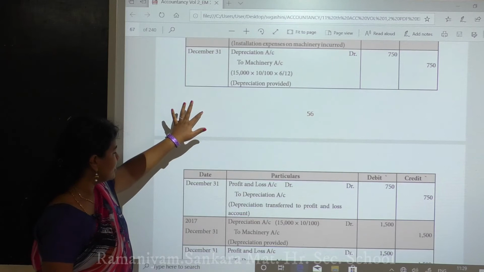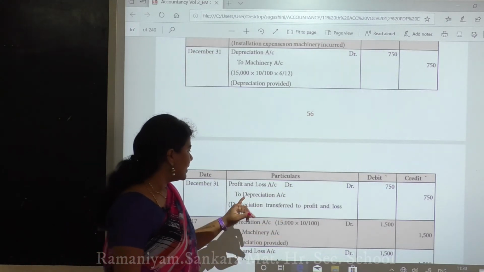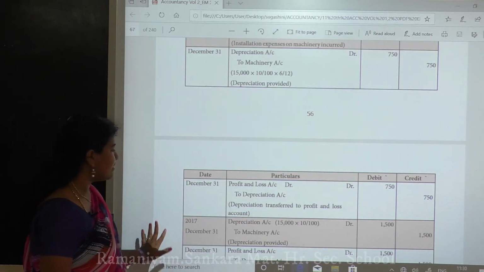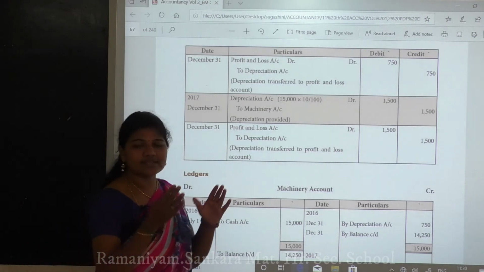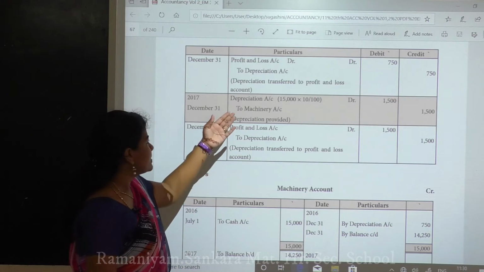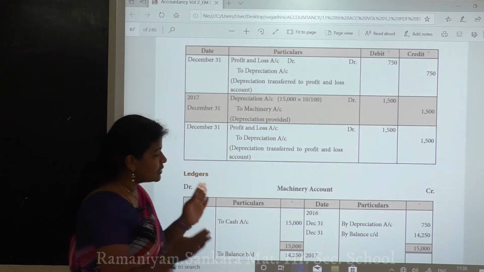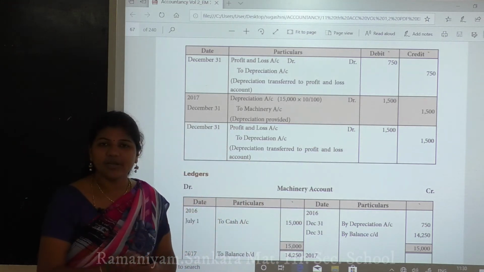Next is December 31st: profit and loss account debit, depreciation account credit, the same amount you have to write over here. For 2017, I already told you the same entry is coming again and again. So this is the depreciation account: 15,000 into 10 divided by 100,